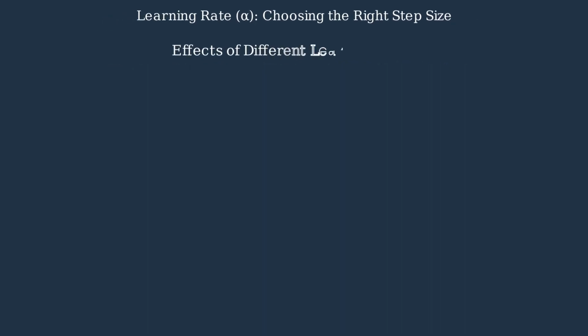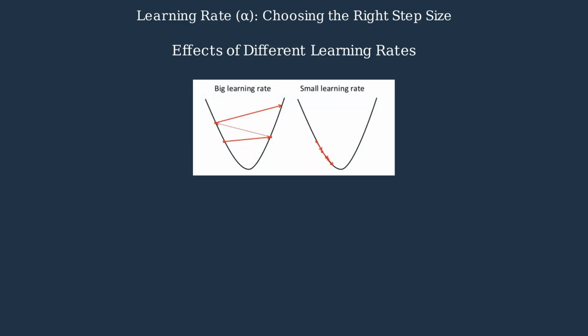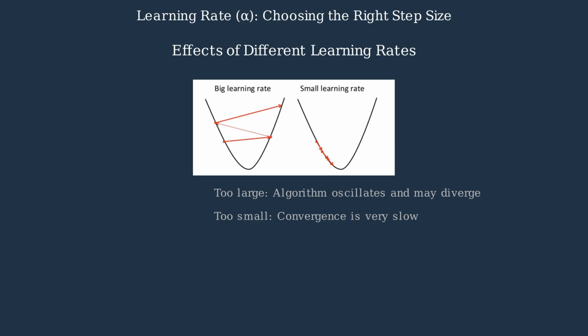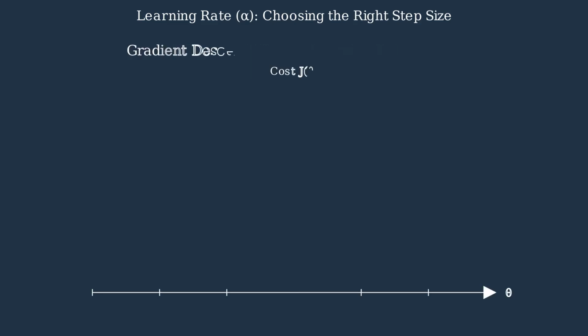Let's examine how different learning rates affect the optimization process. With a large learning rate, the algorithm takes big steps, potentially overshooting the minimum. This causes oscillation around the optimal value, and in extreme cases can lead to divergence. Conversely, with a small learning rate, the algorithm makes steady but slow progress, taking many more iterations to reach the minimum. To understand this better,